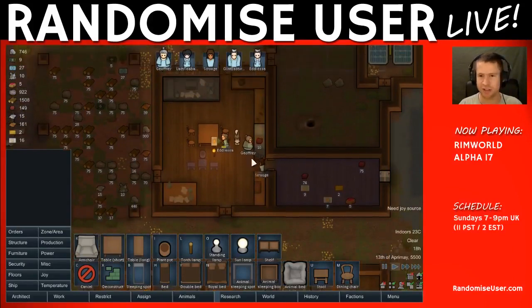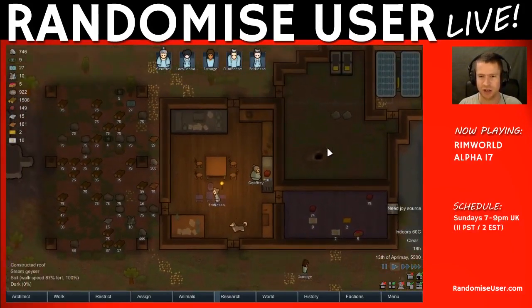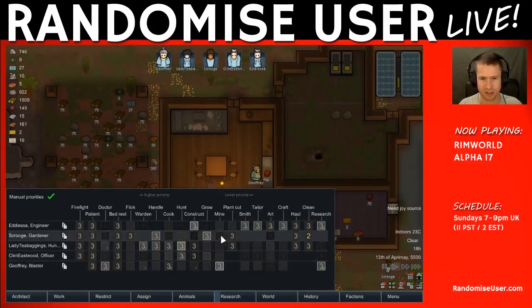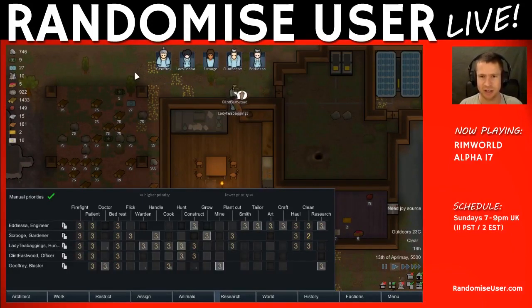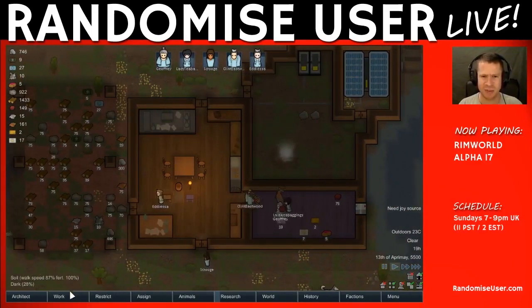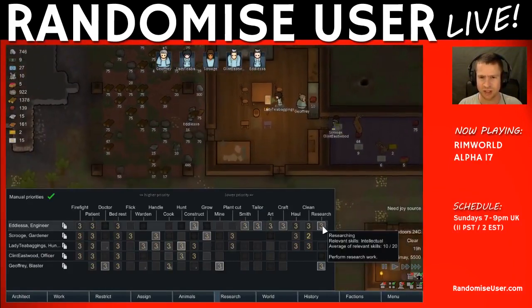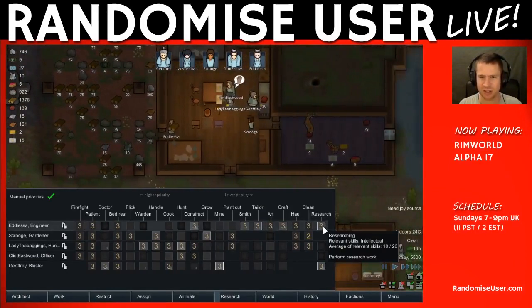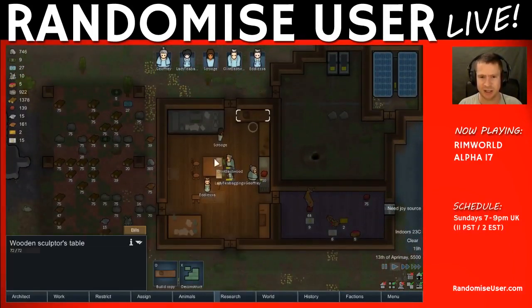And sort yourself out. Right, so Jeffrey is still doing cooking. I really want the other cook, who is... oh, Lady Teabaggings. We can't make her do all the cooking. She's got too much to do. Yeah. So, Jeffrey, you're stuck on cooking. I feel like we should... Maybe ADSer should do some research. There's no construction. There's no smith... There's no real smithing to be done. Actually, thinking about it, we did build a...